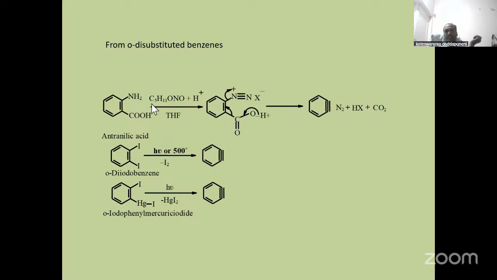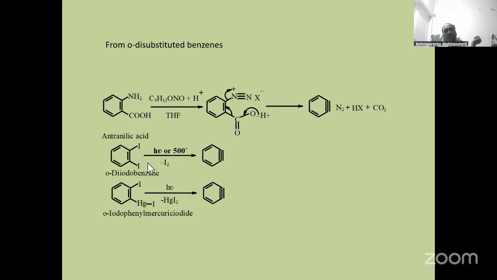This anthranilic acid is treated with isoamyl nitrite in THF, that leads to diazotization in the presence of H plus, which leads to the formation of a diazo derivative. The diazo derivative undergoes rearrangement that leads to elimination of nitrogen and HX. Actually, this one is NaNO2. Okay. Next,